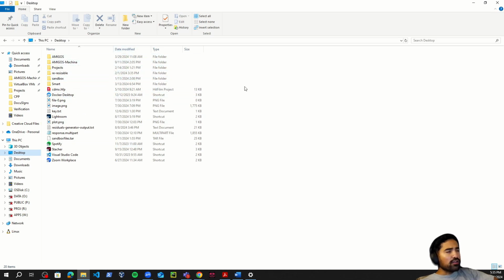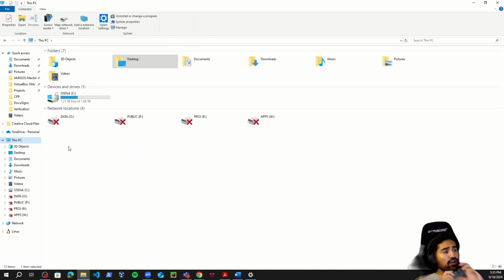So here we see files. These are all the files on your computer. If you go to this PC, you're going to go very, very far up, and you're going to see even more directories, more files. So everything, and here you can see the space on this computer. For example, 1.21 terabytes are free. I have a total of almost 2 terabytes. Some of it was probably taken up by system software. All right, so